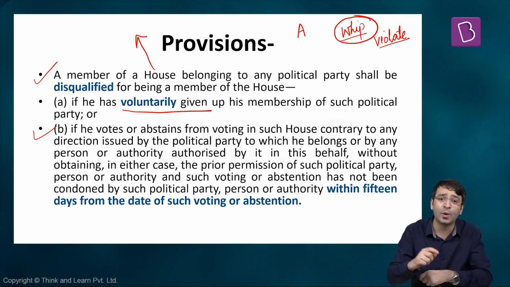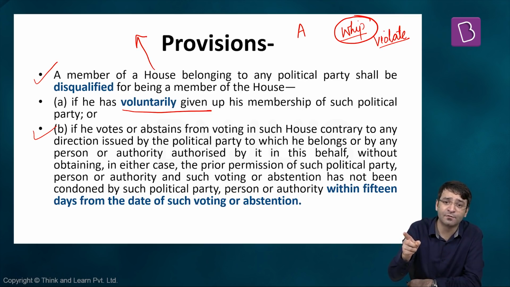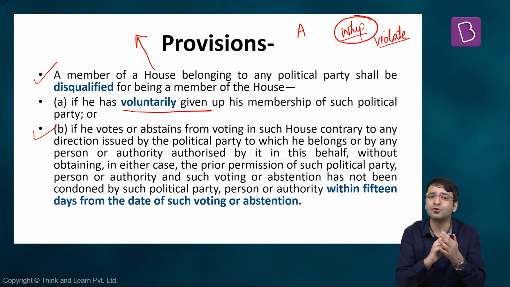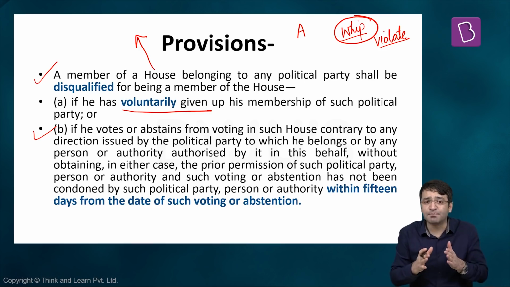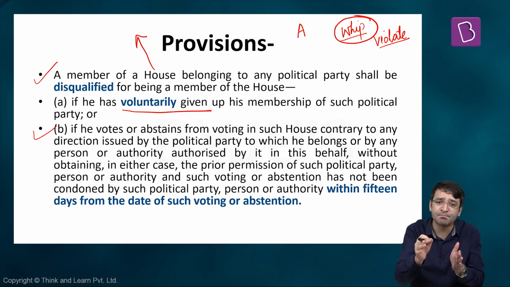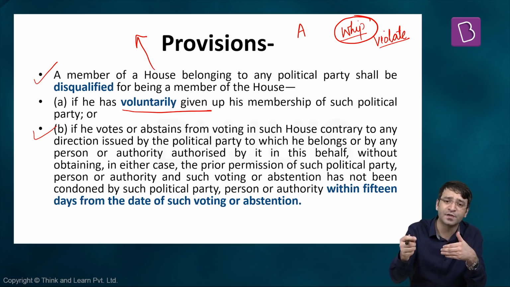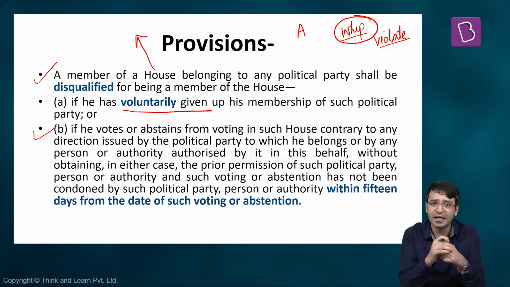But then there is a 3-line whip. Informing the members of my party that tomorrow there is going to be a vote on a particular bill. Please be present and please vote in favor of this bill. And if you vote against this bill, you are liable to be disqualified under anti-defection law. But even then, the political party has 15 days to forgive this member who has violated their whip. But at the end of this 15-day period, if the party has not condoned the action of this member, ultimately he or she shall be disqualified under anti-defection law.